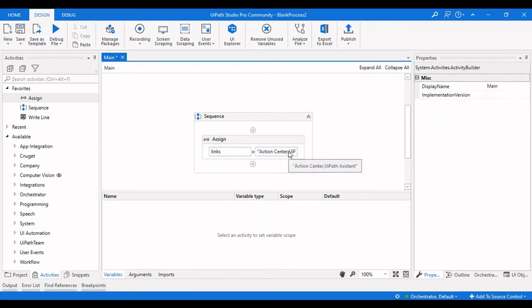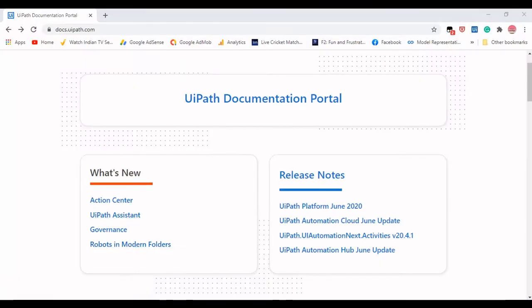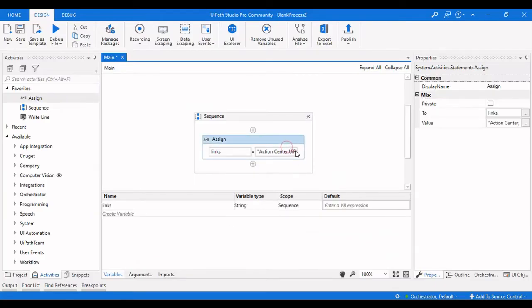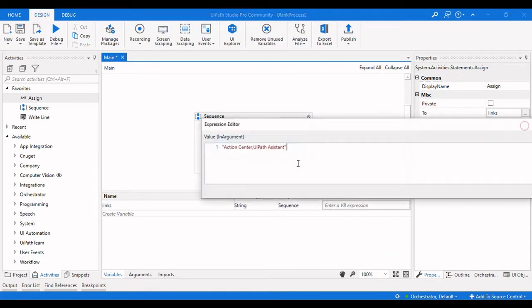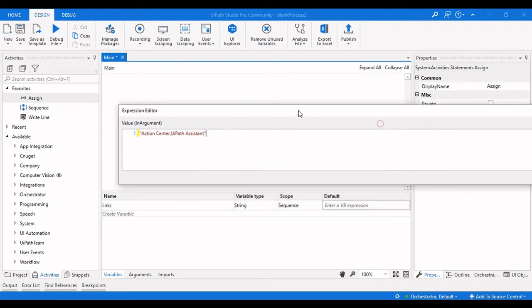So this is my variable, which is a comma separated value.